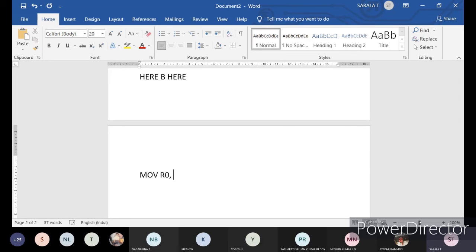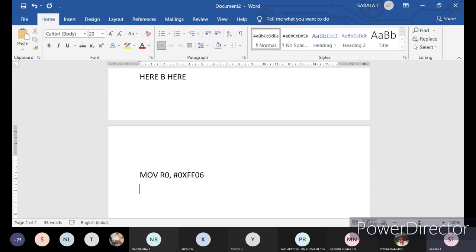Okay. Here I am taking R0, comma. Whenever you are using immediate values, hash will be used. That we have seen already. 0x represents your immediate value. What immediate value do I want to give? Any 16-bit value we can give. Previously we have given FFFF. Here I can give FF06. Anything you can give. That should be capital always. FF06, any value you can give. That is an immediate value. I am storing it into a register first. Then